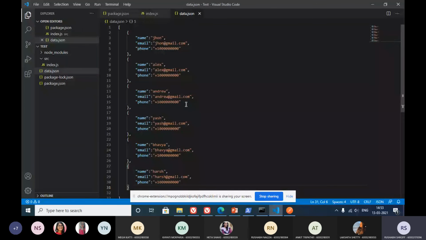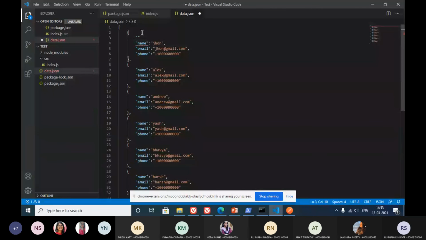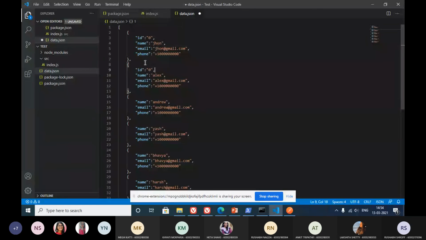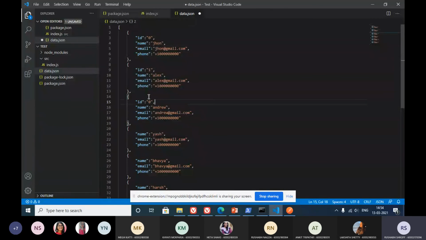Okay, so this is a small database that we've created. Now we'll be making requests onto this, and also we'll create some IDs. We'll just number them, so that we can refer to certain users with those IDs.